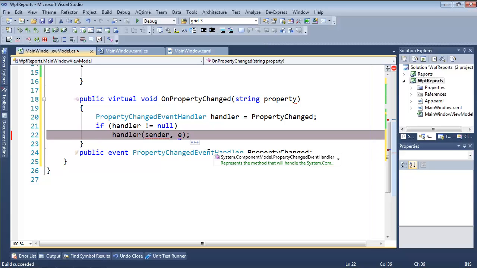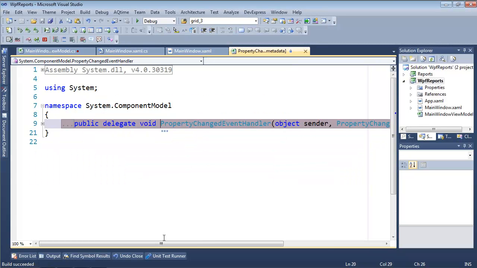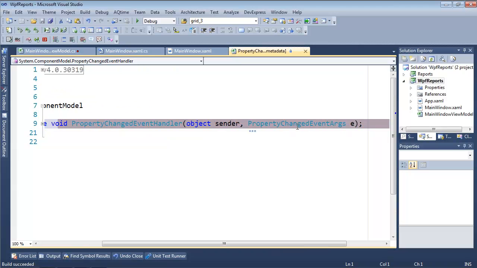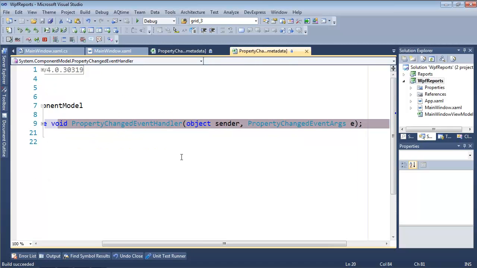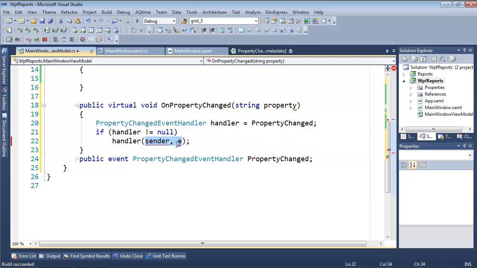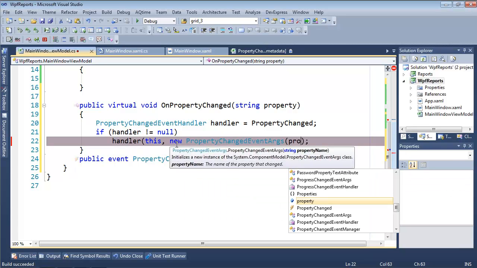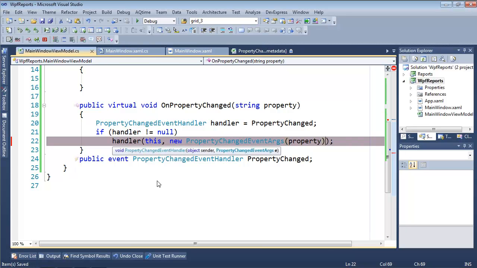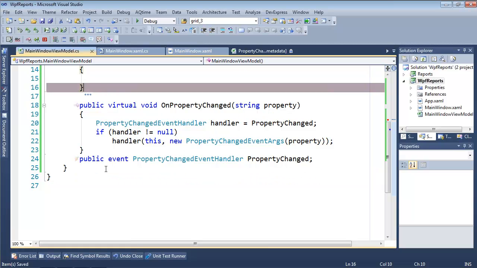Notice that the handler, though, if you go to it, F12, requires a sender and a property changed event args. The property changed event args really just takes a property name. So we're going to cut through all of this, and we're just going to say handler, and we're going to say it is this that is setting it, and we're going to make a new property changed event args and pass in the property, right? Because we don't want to concern ourselves with all that other stuff. So now we have this virtual method where we can literally pass in a string property and notify WPF that